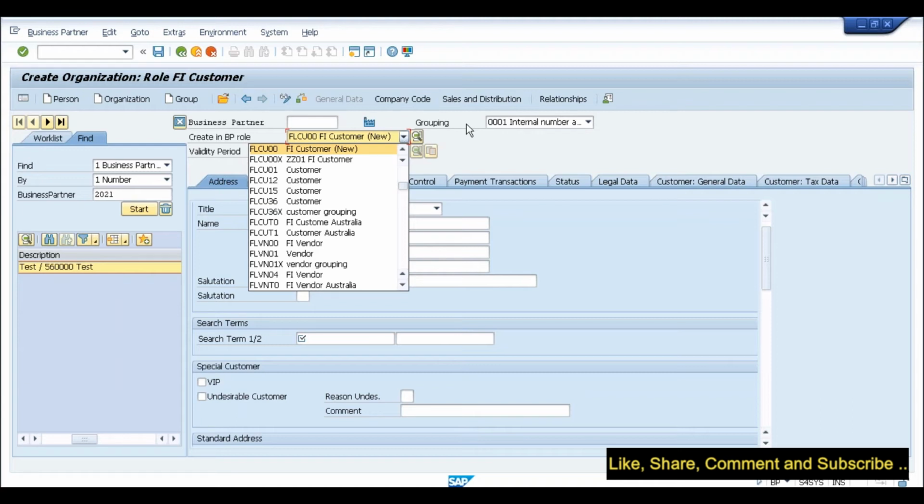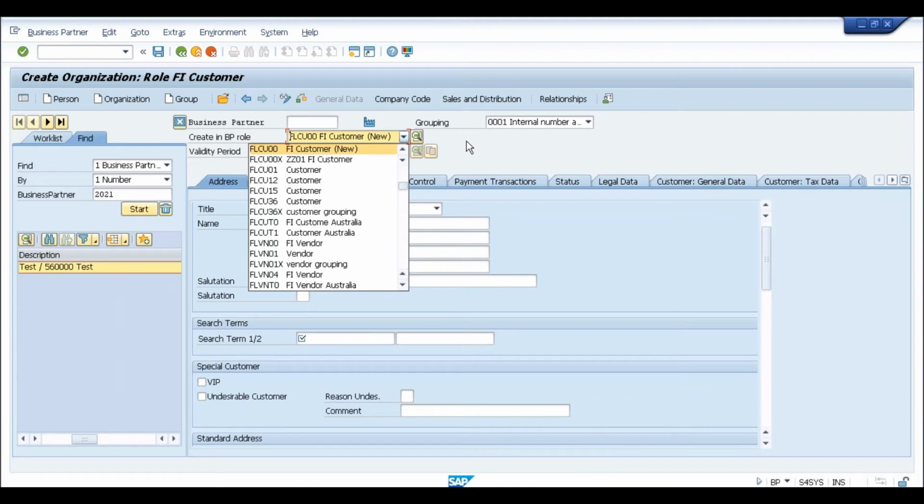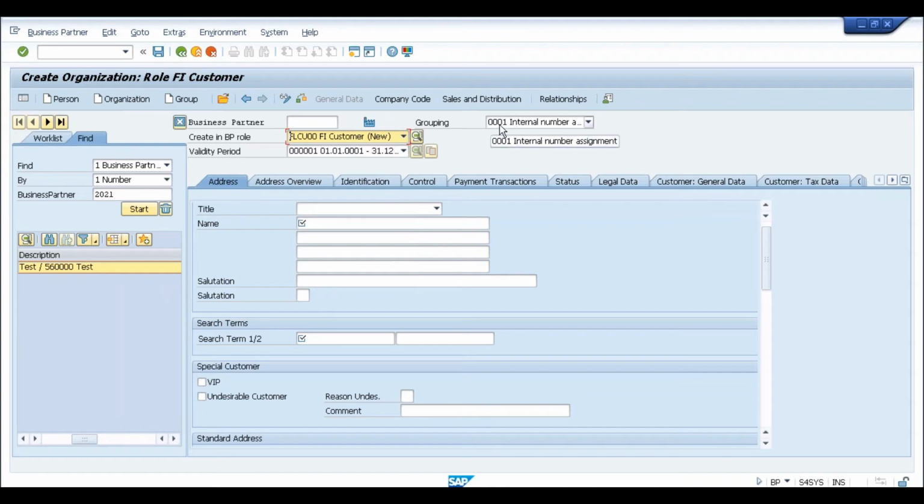So is that stored under some table? I mean, grouping plus role equals this account group. Not required, because you need to understand this. If you have this grouping assigned to your customer account group, there is no need for a separate table because this is determined by the system itself. There is not a single table which will tell you all these three. But this is obvious, because whenever we select the role of customer, it will go into the customer account group. It will not go to the vendor account group. So it is always based on this role that this grouping will be checked in the configuration.